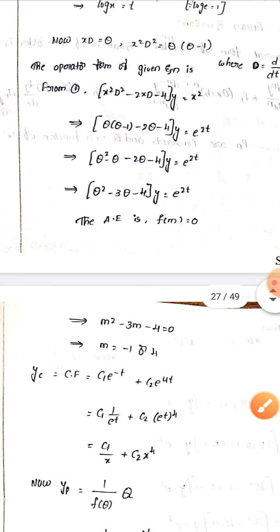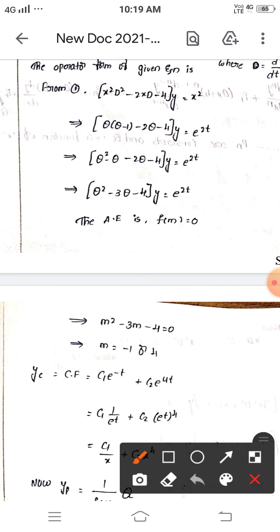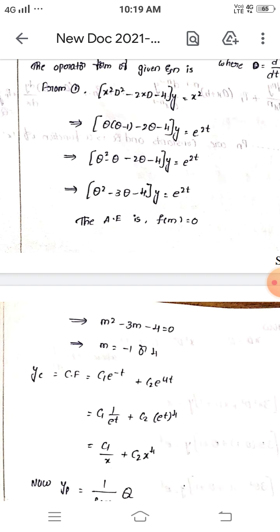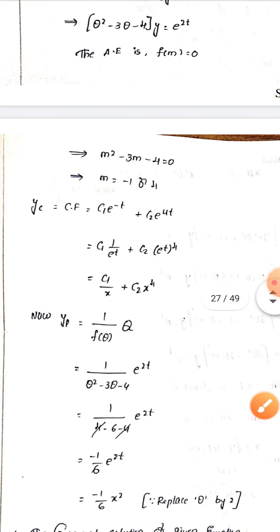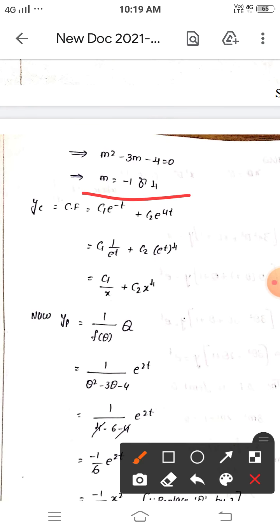general method. We have already discussed it in the 4th unit and the 3rd unit. So it is a higher order non-homogeneous linear equation. We have to solve that equation based on the suitable method applied for the problem. So that's why we write the auxiliary equation f of m equal to 0 for this equation. So that is m square minus 3m minus 4 is equal to 0. If you find the roots of that equation, we get the roots as minus 1, 4.